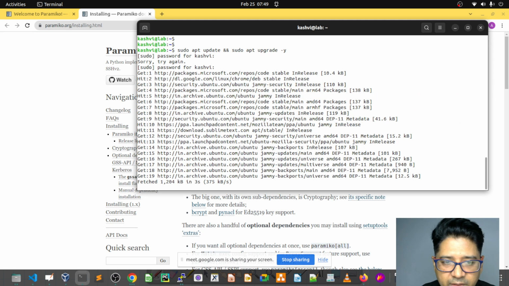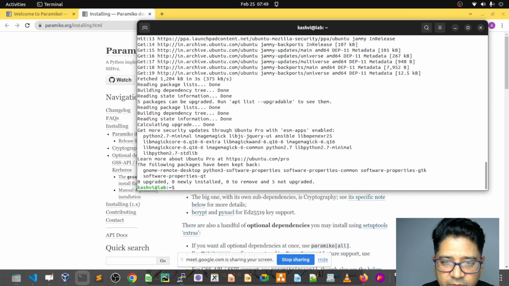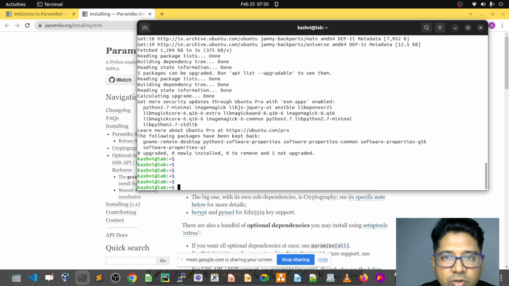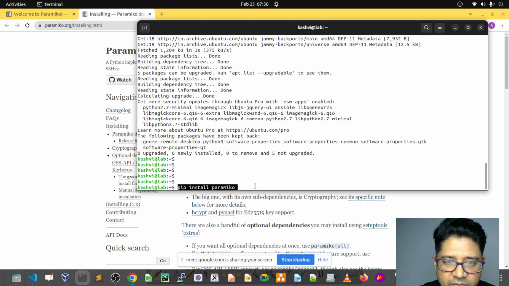So I think it's the updated one, so I'm going to go a little fast. Nothing new to upload there. If anything comes up, I'll take care of that, don't worry. Yes, everything is done. Okay, now once you have done that, you can install paramiko with pip install paramiko,